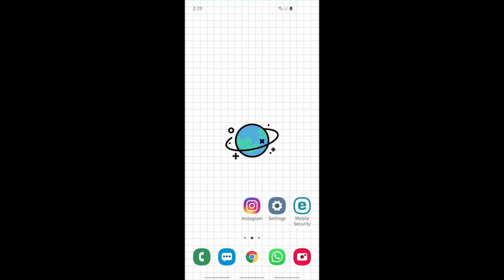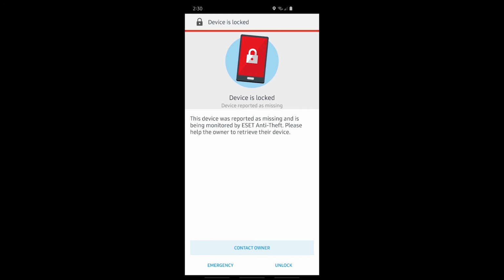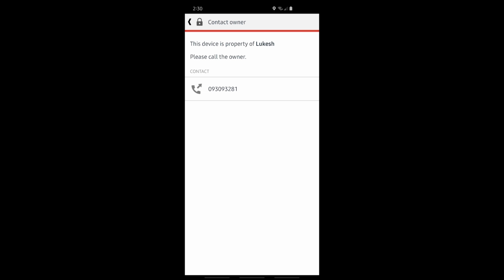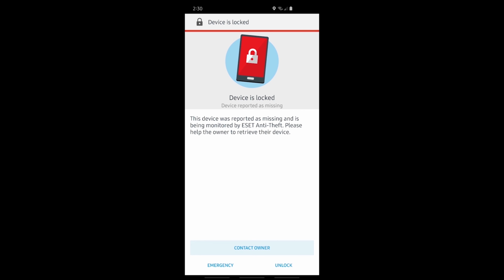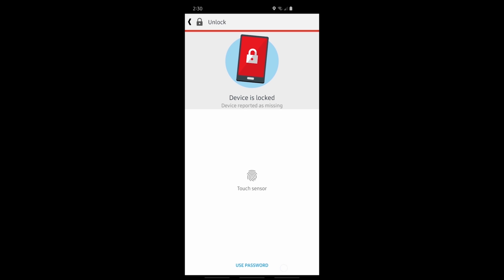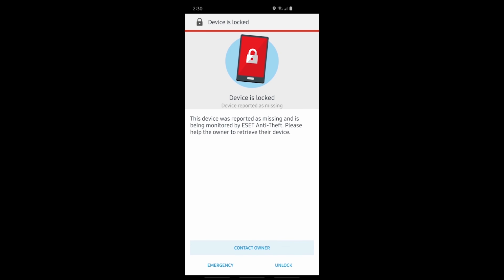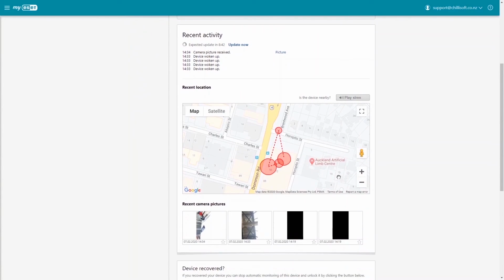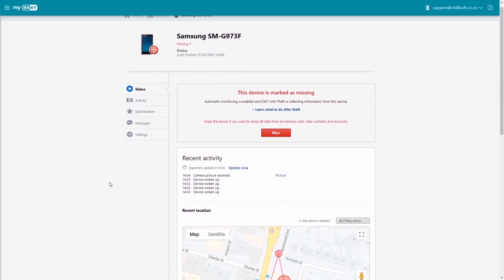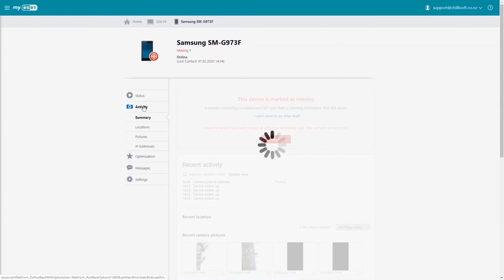Switching back to mobile device, you will see how it is locked and gives you the option to either contact the owner, make emergency call, or unlock the device. Once unlocked, it marks the device as recovered automatically and stops tracking the device activity. Switching back to the computer, you will notice how it has started capturing location and pictures from the front and back cameras. If we click on Activity option, we can note the summary of the device,